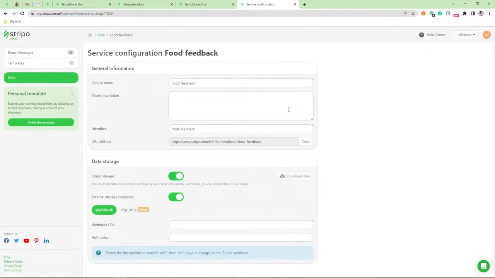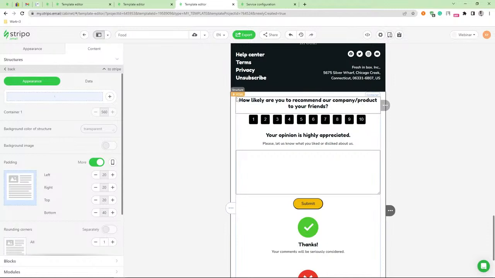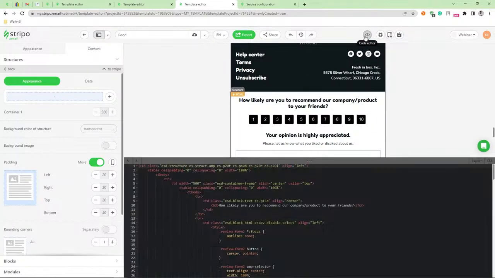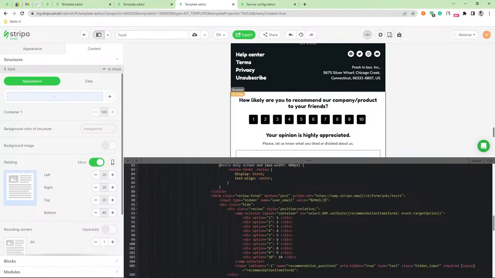So we have created our repository. The platform generates the URL address of our service here. Copy it and let's go back to the template. Now, first of all, we should click on this module, open the code, and search here for a link. Now we replace it with our link,